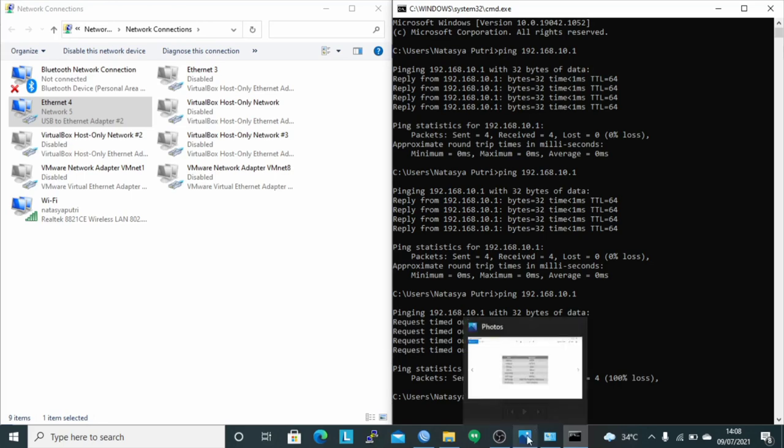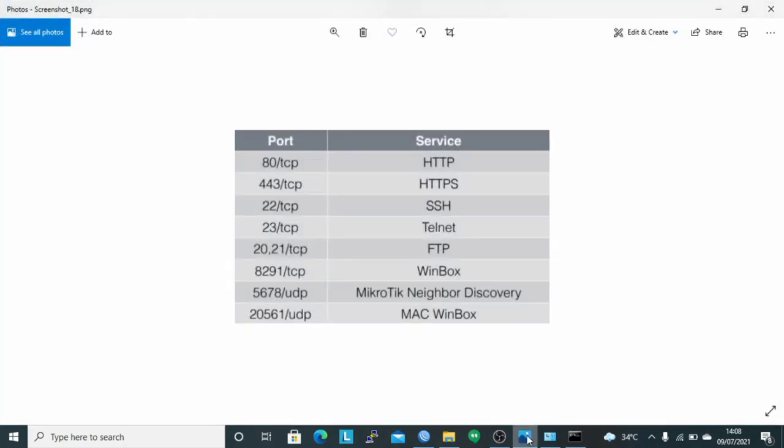The following is a table of TCP ports used by services on the router.